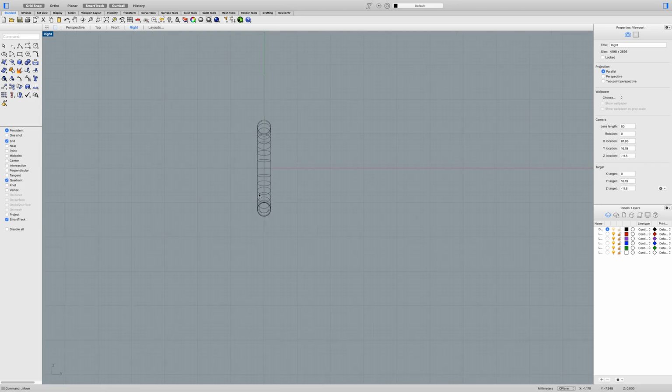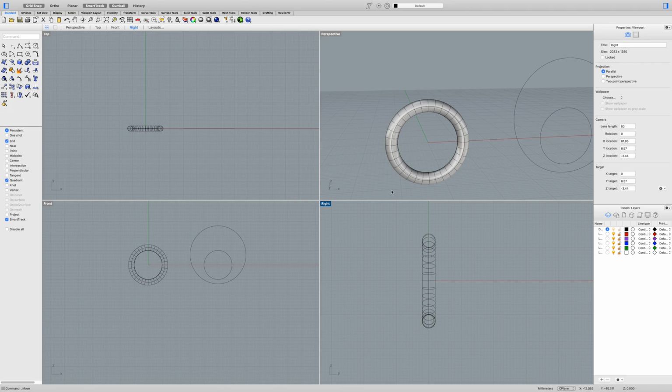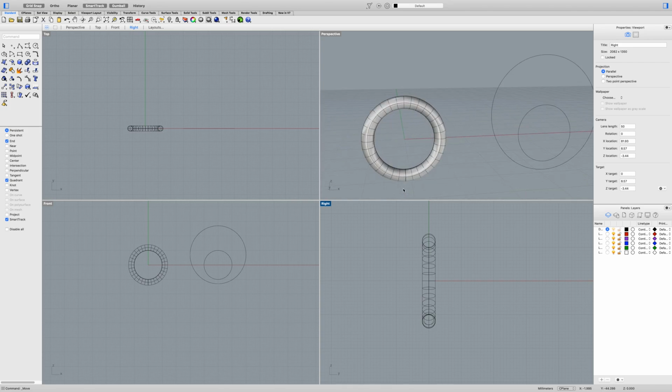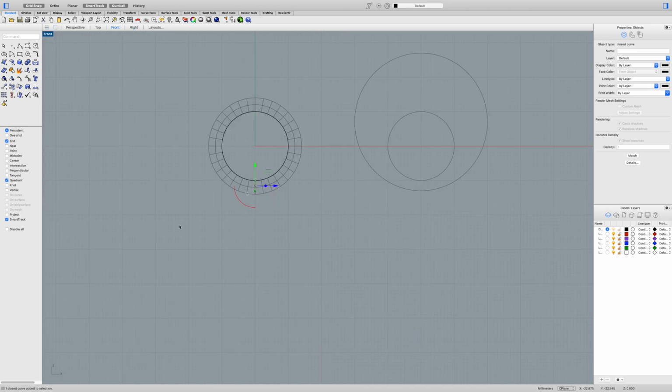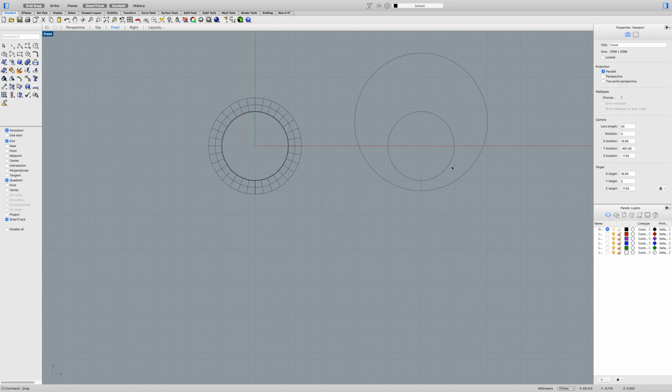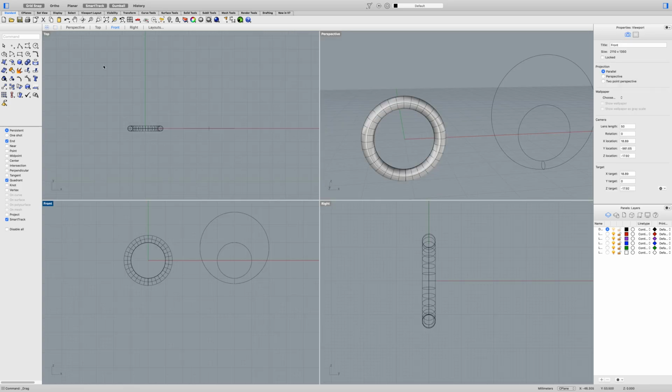Let me go back to our right view. Okay, so we happen to lose our circle in the mix there. So what we can do is move over to our front view window, and using our gumball tool, we can drag it to line up with our new circles. Okay, now we need to go back into our 4-window viewport, and now you can see from this perspective view that we have